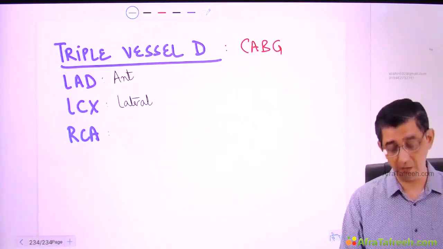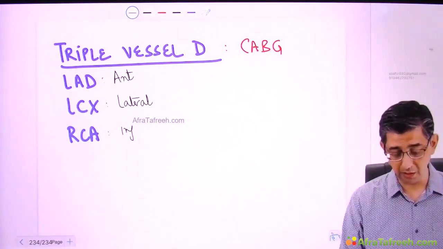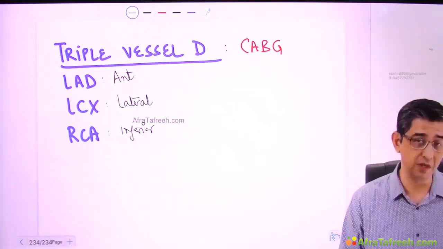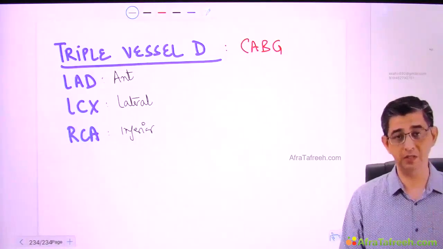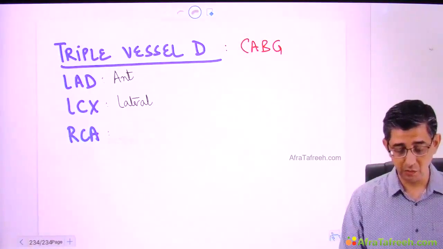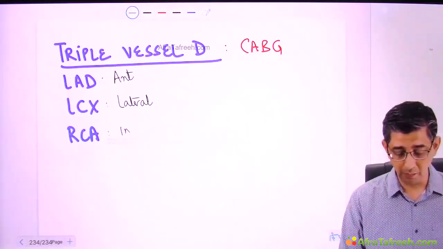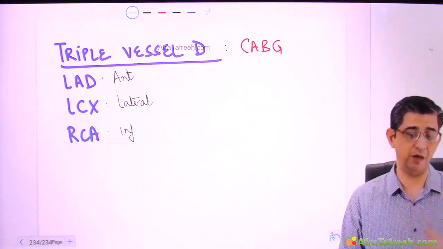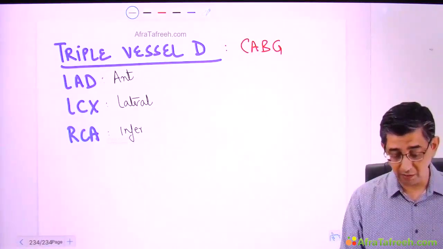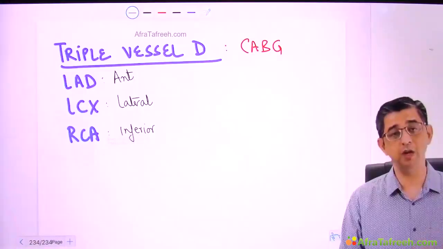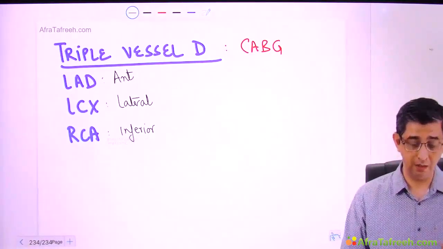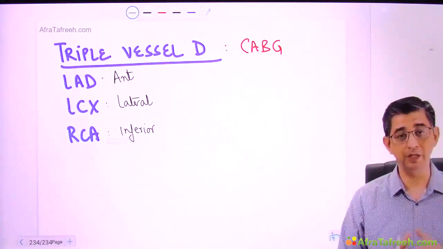And right coronary artery will be supplying the right ventricle, and a chunk of that would in fact be responsible for forming the inferior surface. You see, right ventricle is not only present anteriorly, but it also forms the base of the heart, the inferior surface per se. So when you explain this even to a non-medico, that the front of your heart, the bottom of your heart, the base of your heart, the lateral wall of the heart, everywhere there is ischemia present because you are having substantial blockages in each of these blood vessels. So obviously the medicines are not working. There has to be a reason behind it.